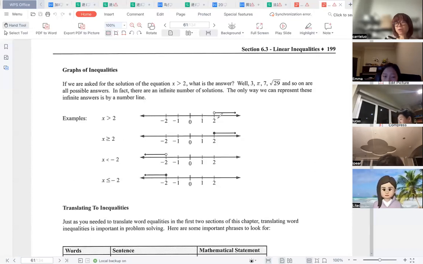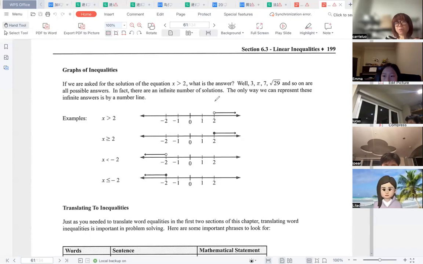When X bigger or equals to 2, this is a solid circle. Why? Because this point can be included. Understand, Emma? This is very important, okay? 当 x 不等于2的时候，这里是个空心的圆。当 x 等于2的时候，是大于等于的时候，是一个实心的圆。